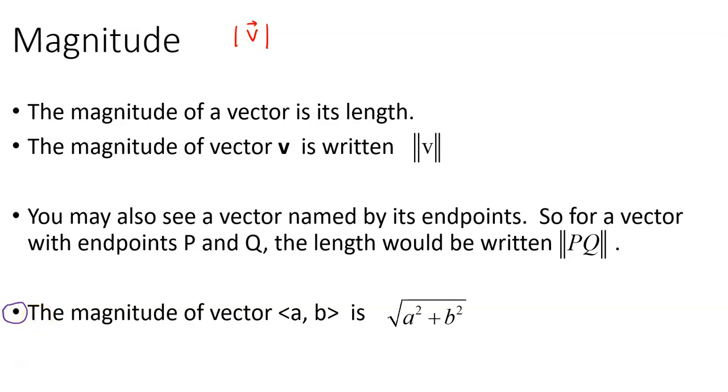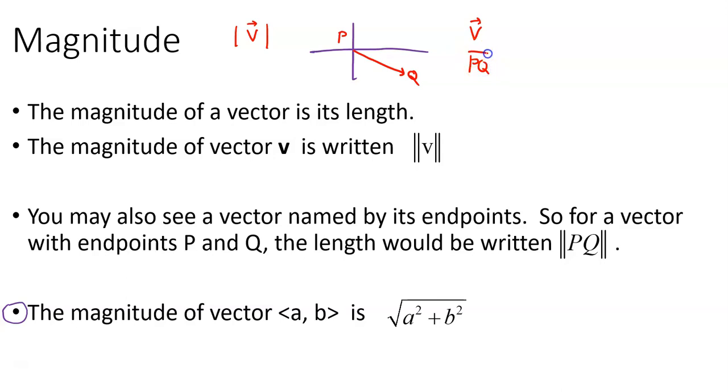Someday you get into 3-dimensional vectors. Surprisingly enough, if you add a 3rd dimension, it's the square root of a squared plus b squared plus c squared. Sometimes you also see vectors with their endpoints as notation. So I could have written that vector before that I had up there, 4, -2, by calling point P the origin and point Q the endpoint over here,